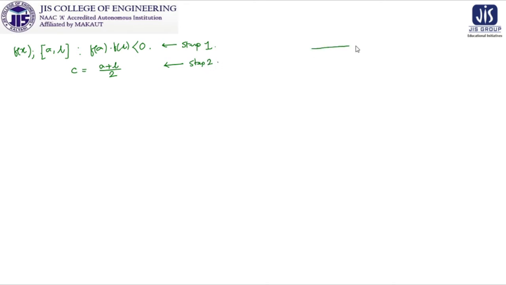If we want to visualize the thing, it is a, it is b, and we are now here at c. Just for our assumption, let me take that f(a) is positive and f(b) is negative. Then this c has three options. What are these three options? It may be positive, it may be 0, and it may be negative as the functional value. I am calling this f(c).